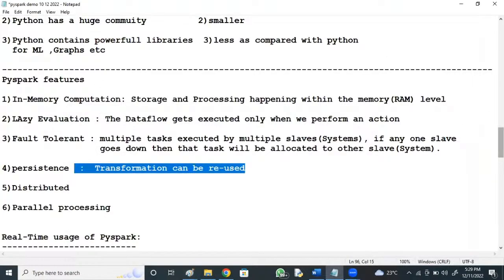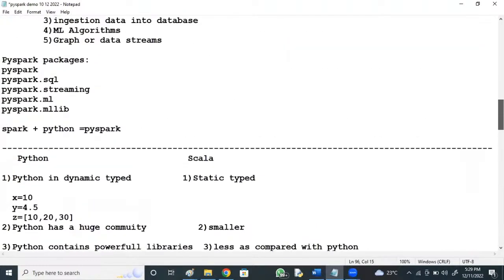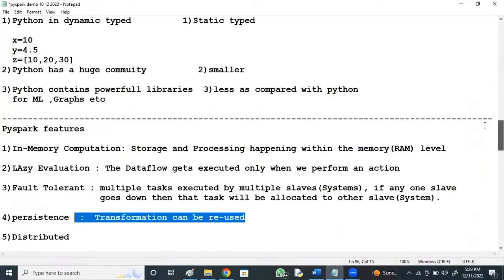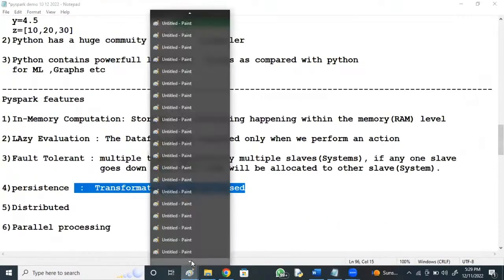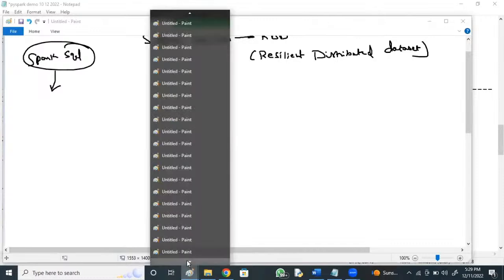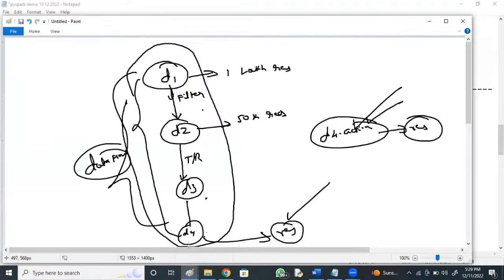In the previous slide. For interactive, yes, Spark can be used for all purposes. Not here.